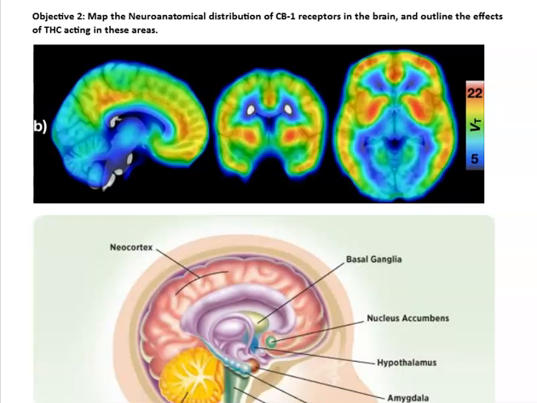And looking at the second objective, which is to map the neuroanatomical distribution of CB1 receptors in the brain and then look at the effects of when THC is acting on these areas. This is a pretty nice image, and it shows you the overall distribution of the CB1 receptors in the brain. You can see that they are located in the hippocampus, in the amygdala, and then also in these